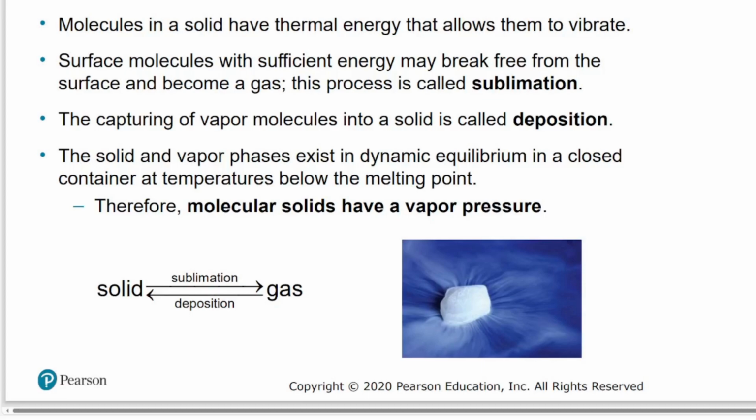This happens, for example, with carbon dioxide, dry ice. If you have a chunk of dry ice, it will go from a solid directly to a gas. And the gas would be carbon dioxide gas. This is why you don't want to store dry ice in your car with the windows up. So if you're carrying dry ice in your car